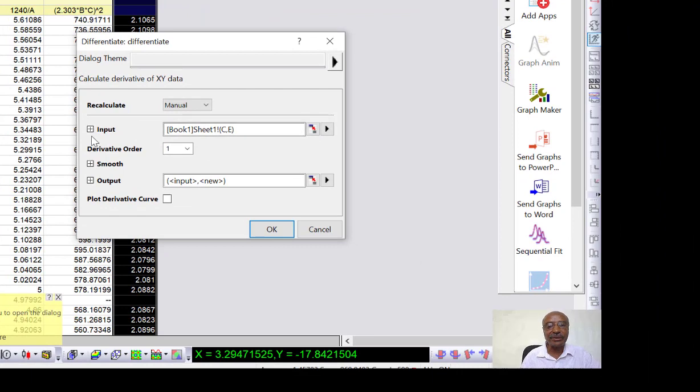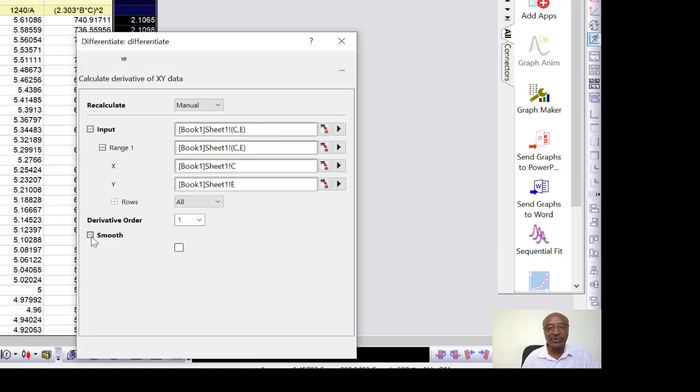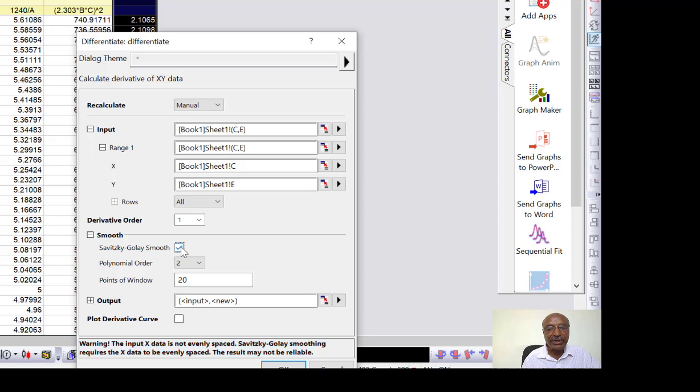Here it comes. The input says x is C, that means the energy, y is E, that is the absorbance. Derivative order 1, smooth, click the Savitzky-Golay smooth,